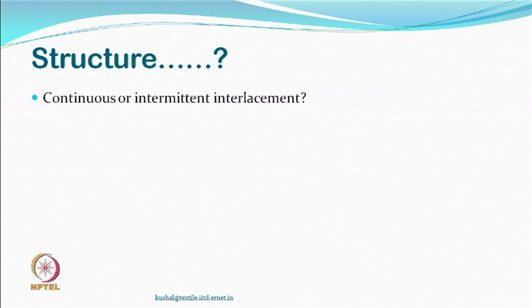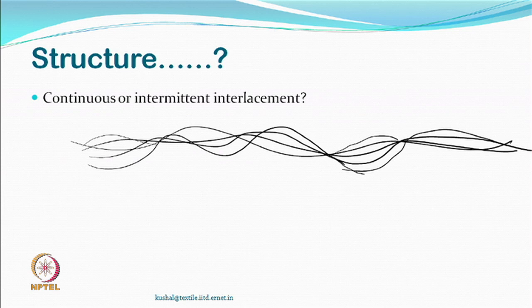So, theoretically, we are not interested that every part of the yarn is interlaced. If some parts are interlaced, we could be happy. So, if something like this happens, at some places they are together, we will be still happy. Other is that we continuously, every small little millimeter of a yarn is interlaced, can be done, but should we need it or not?